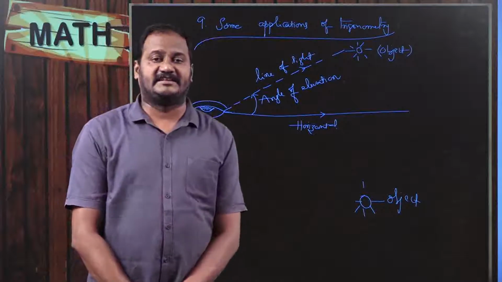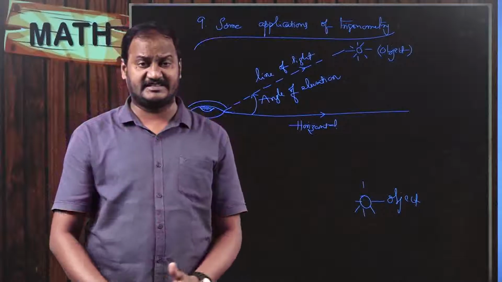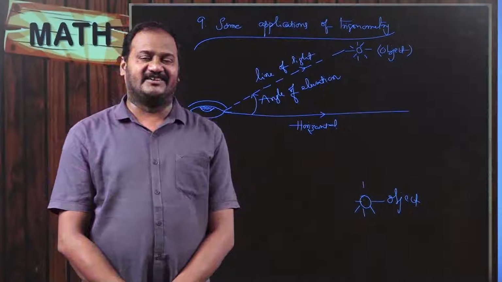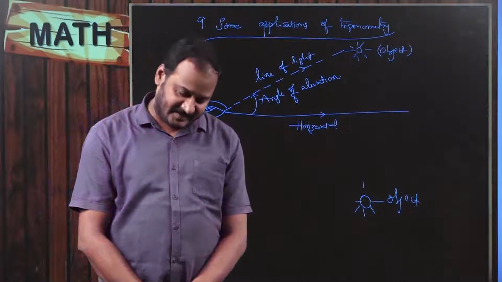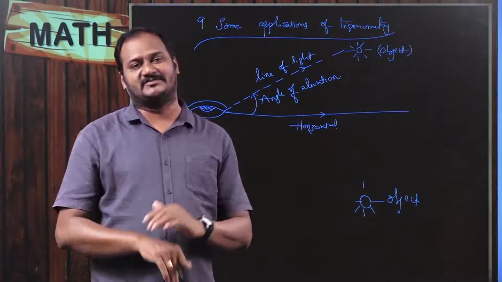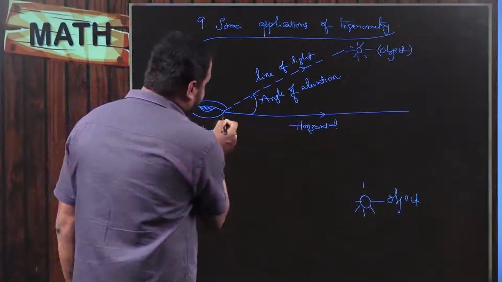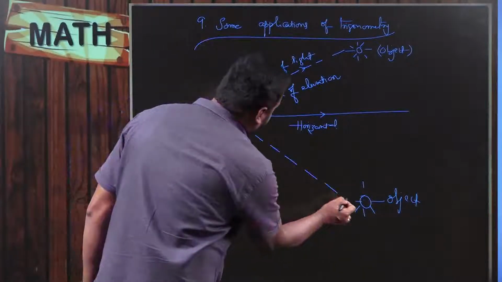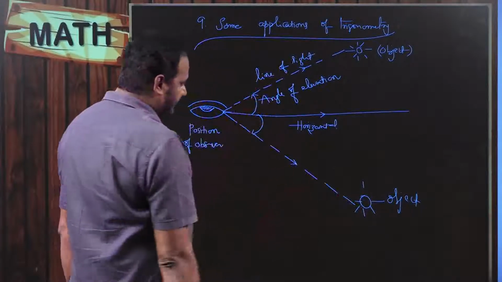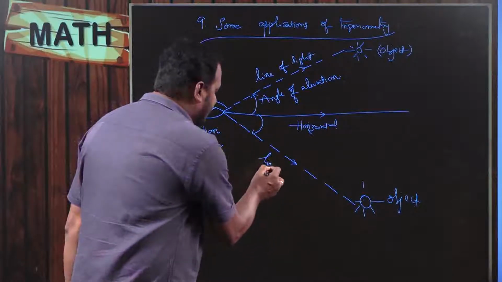Then generally I see like this, but when I want to see something down, then definitely I will have to rotate my head down. See, the direction that I am rotating, I am rotating my head down. In general, when we bend our head, we are in a depressed mode. So here the angle formed between the horizontal and the line of sight. Now I am looking at the object in this direction, for that I am going to rotate my head in this way. So the angle formed between the horizontal and the line of sight. Now this is the line of sight.